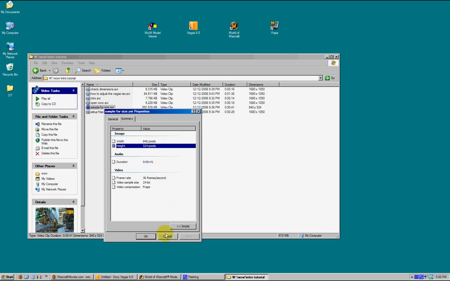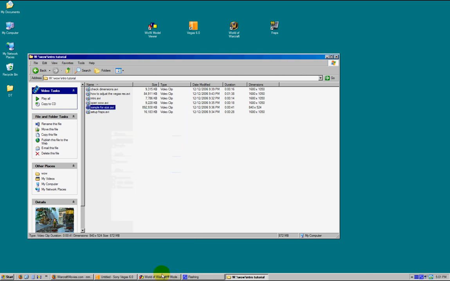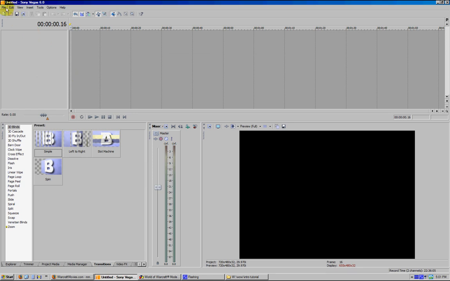840 by 524. Now keep in mind, your standard definition TV is 512 by 384. That's your coax coming into your house, you watch, you know, CSI on. High def sits around 480 to 720, somewhere around there. And then of course high def is 1080 by whatever. So this is closer to, I guess you could say, the 720 definition. So the videos still come out looking pretty good. So 840 by 524. So we're going to go over here into Sony Vegas, and this is my new work area here,